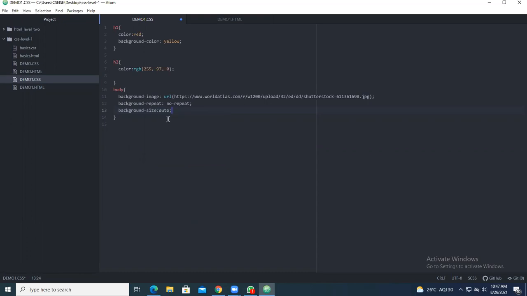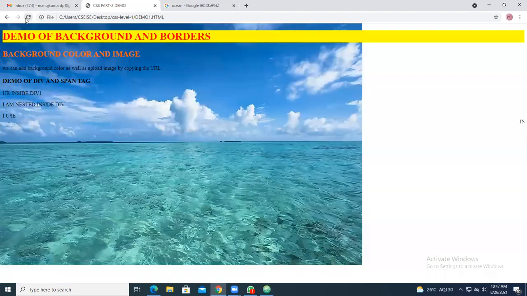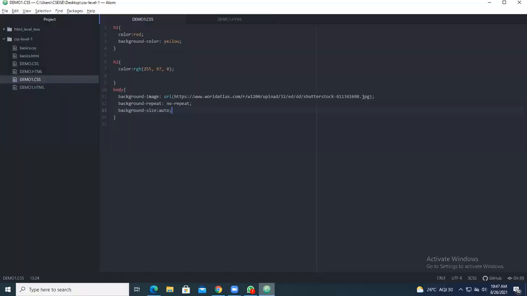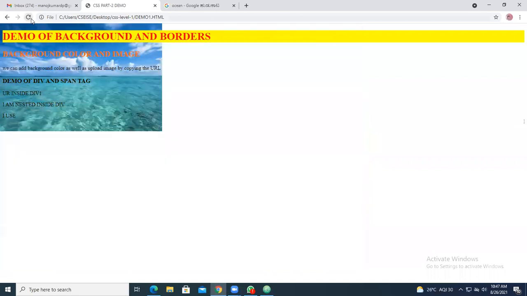So what happens if you give auto? If you give auto, your image will be like this. You have to try all the attributes. Now if you give contain, what content will you be getting?